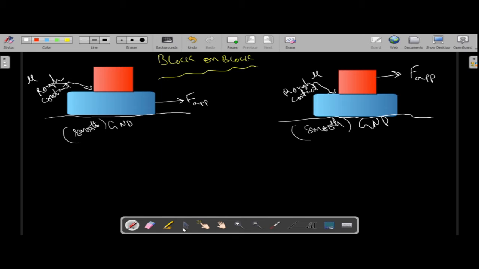the two cases. With the help of two blocks, one on another, in case 1 as well as case 2, the situation was held like this. Now, in the first condition, the applied force acts on the bottom block. So, for simplicity, we'll label the bottom block as capital M and the upper block as small m. We would like to use the same symbols for the next case, where the applied force acts on the upper block here.